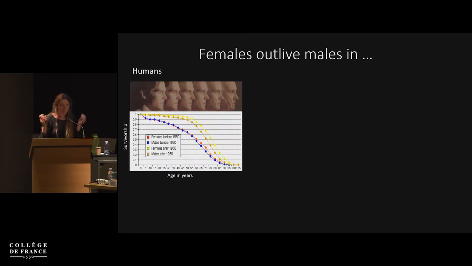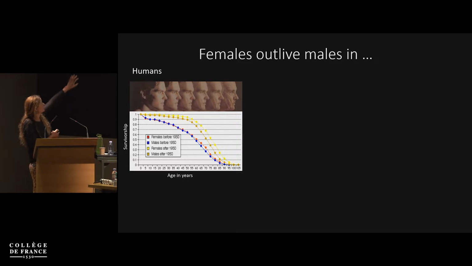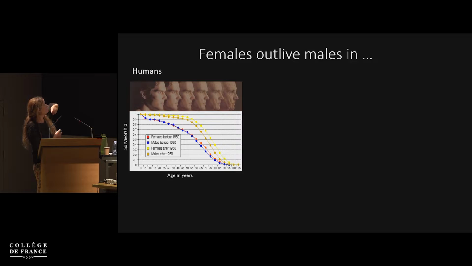So as I mentioned, the amount of heterochromatin can differ between males and females. So males, at least in mammals and Drosophila, have more heterochromatin. Heterochromatin is getting lost during development or during aging. Interestingly, in many species, there's also a difference in longevity between males and females. So what I'm showing you here, and I'll show you many of those plots, are survivorship plots where on the y-axis is the fraction of the population surviving, and on the x-axis is age. And this shows data for humans at 2 different historic time points. And for each historic time point, females tend to live longer than males.